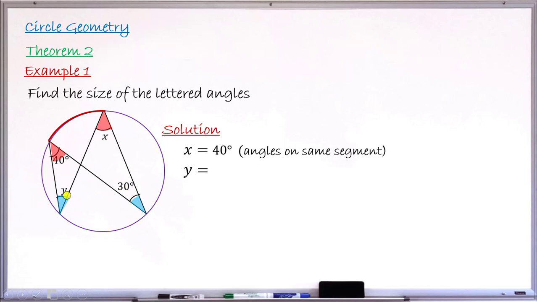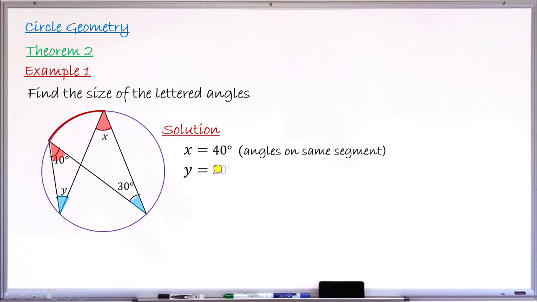Look at Y and 30 degrees. They are both on the same segment, because if I draw a line from this end of this arc to this end, it will give me a chord. So that small portion would now be one segment, and the whole of this would now be another segment. So you can see Y and 30 degrees are both on the same segment, which means based on the theorem that you have just learned, Y and 30 are always equal, which means Y will now take this size 30